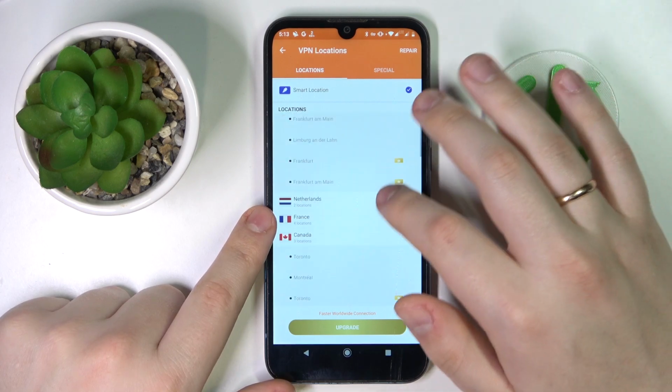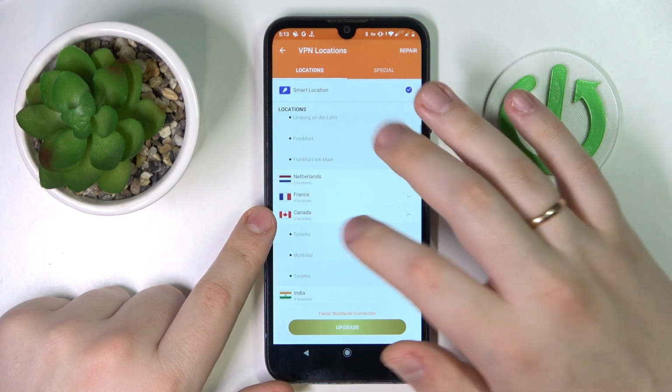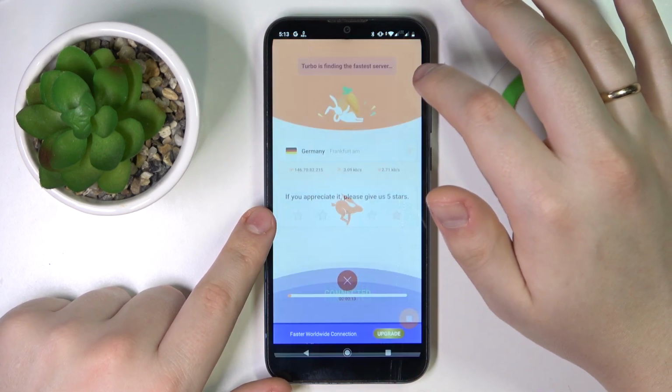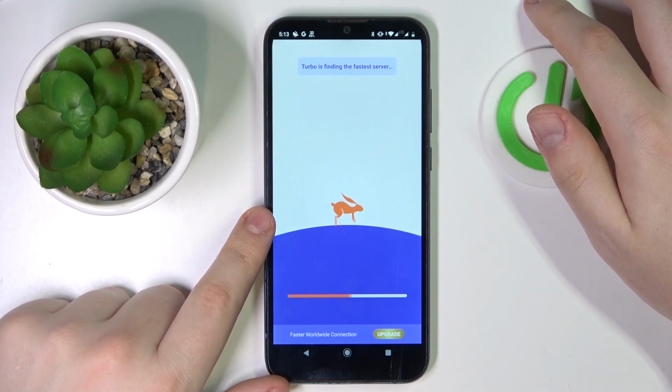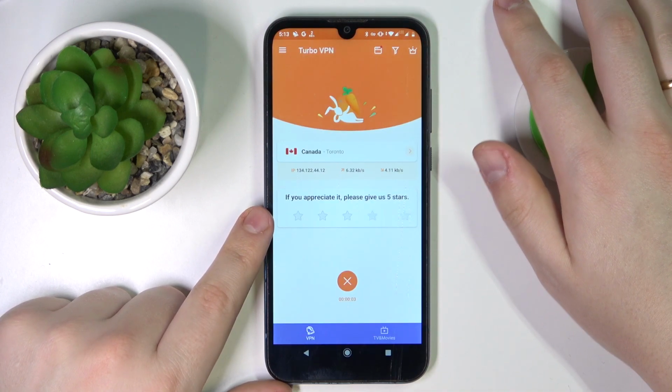I'll set it to Canada, Toronto, for example. Why not? Now it will reconnect itself to another server. Here it is. Now it is connected to Canadian